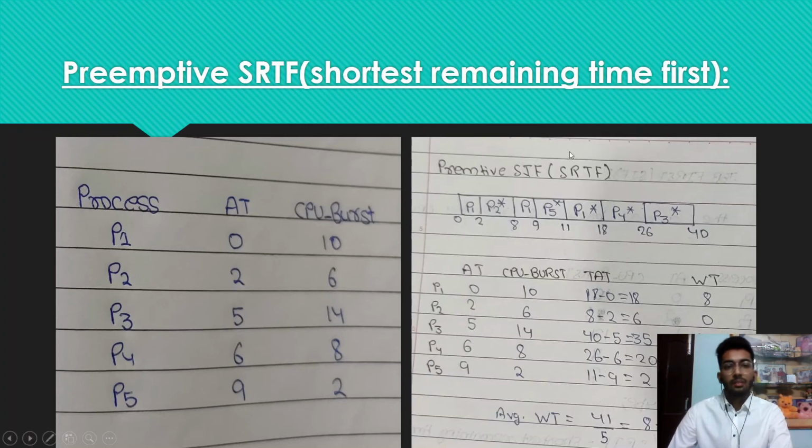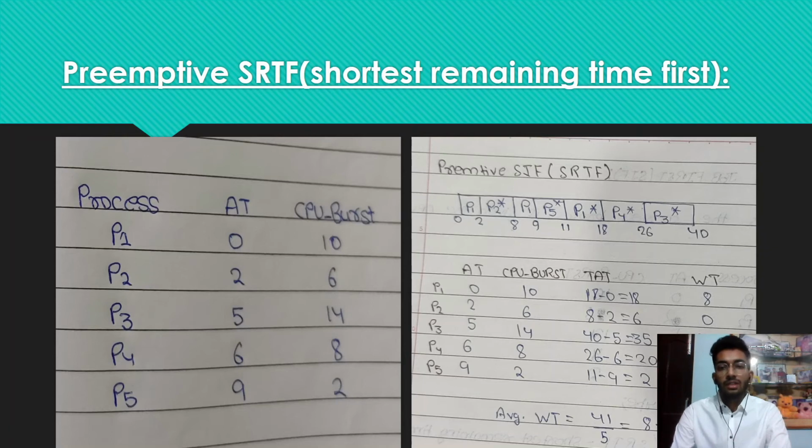Now this is the preemptive shortest job first. We can also call it shortest remaining time first. You can see there are 5 processes, P1, P2, P3, P4, P5. So first at time 0 P1 we have, so P1 starts executing. At time 2 we get P2, which is of size 6, and 8 bytes of P1 are left. So P2 is smaller than P1. So CPU is taken from P1 and assigned to P2. So P2 starts executing. As no other process is smaller than P2, P2 completes its execution at 8.